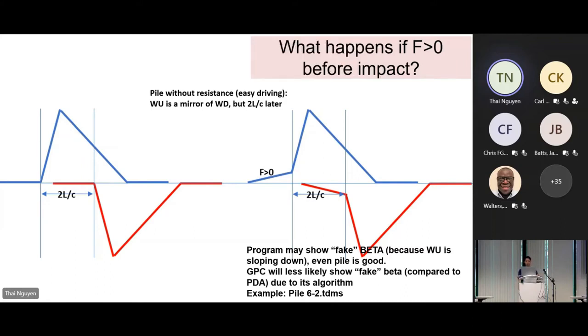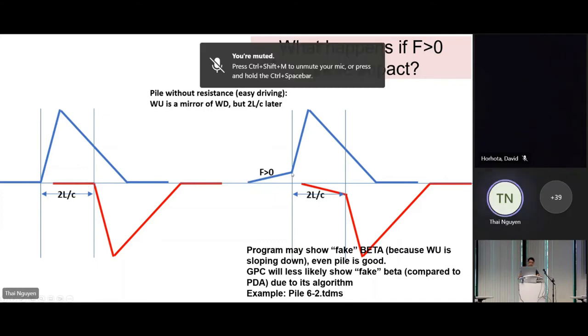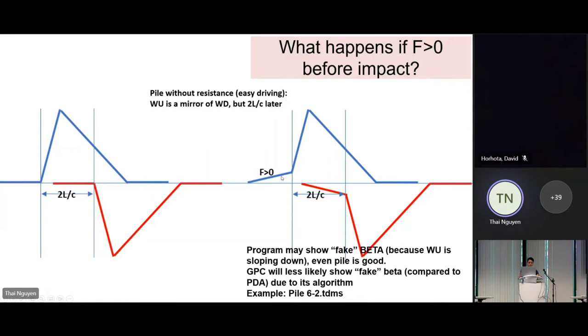When the pile is being driven without much resistance, that means easy driving, we know that the wave up, the red one here, is a mirror of the wave down, but 2L over C later on. With a hammer without force prior to impact, for example a drop hammer, hydraulic hammer, air hammer, you have this. With a diesel hammer, you have that pre-ignition force, and that mirror there is because of the end of the pile